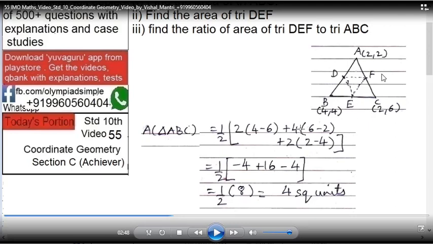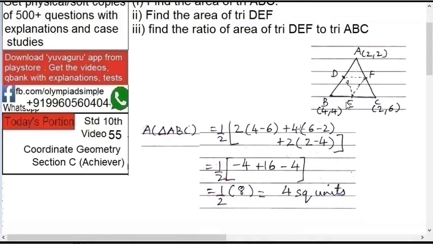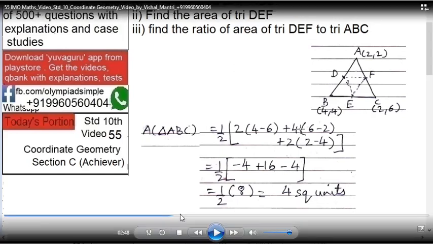Now DEF I found out using these coordinates of D, F and E. I have got those coordinates and then found out. But there is a simpler way out. You can totally neglect and ignore what I have done over here. Say this, 4 areas 1, 2, 3, 4 and total is 4. So each one would be 1, 1, 1, 1. So DEF would be definitely 1, right? No need to waste the time which I have wasted over here in these videos.